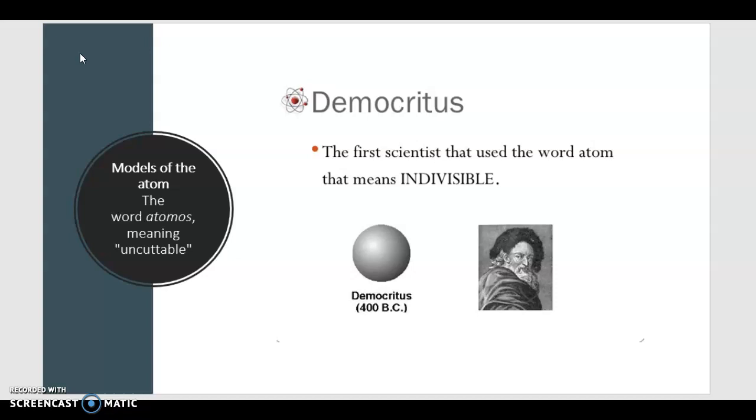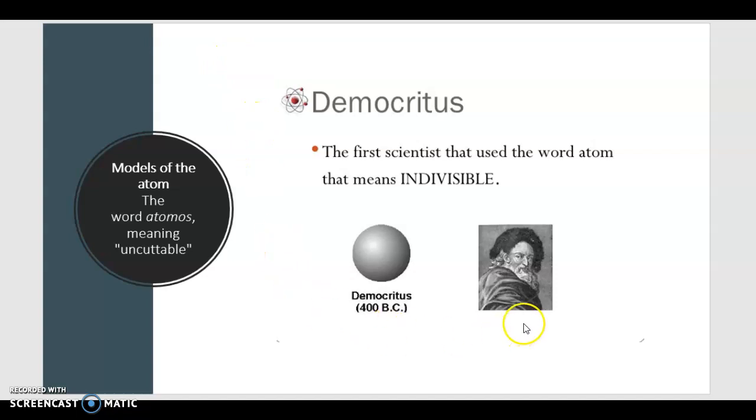But before we do that, we want to take a little bit of a step back and talk about models of the atom, how the atom was thought about throughout history. So we're going to take a step back for a day or two and talk about models of the atom. Then we will relate how these models of the atom link and relate to the idea of photons. Okay, so the first